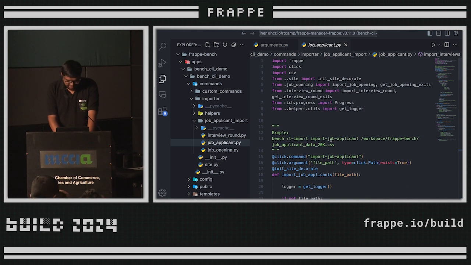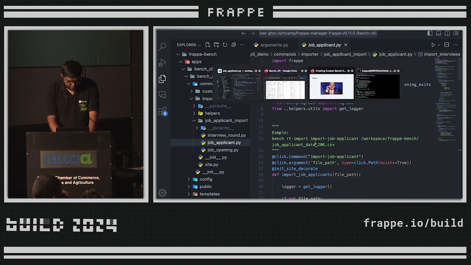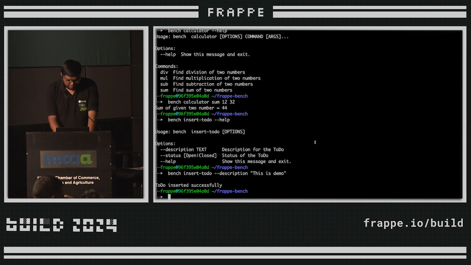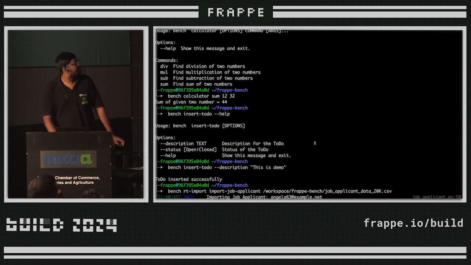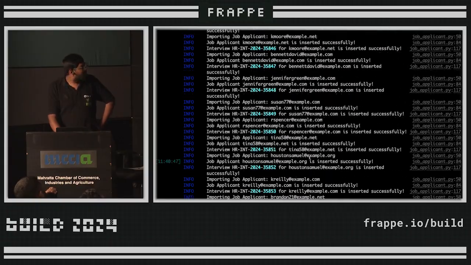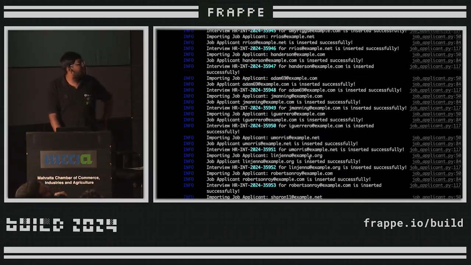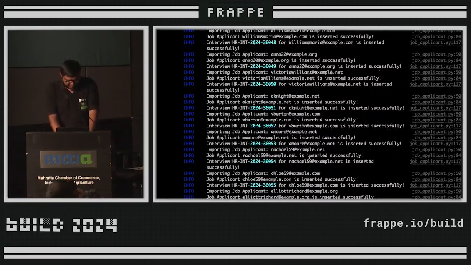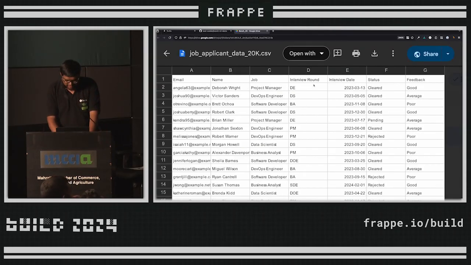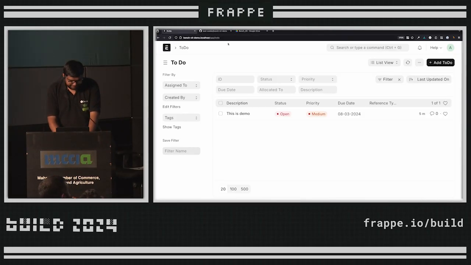So let's just run this command. Bench import. Yep. You can see that it started importing the job applicants one by one. And if I show you the data inserted,